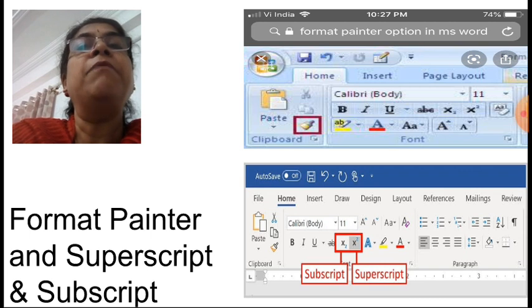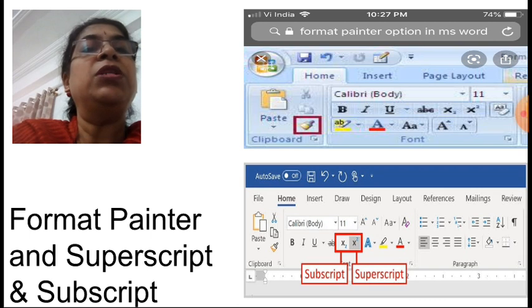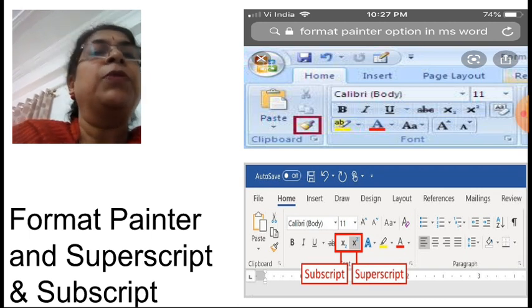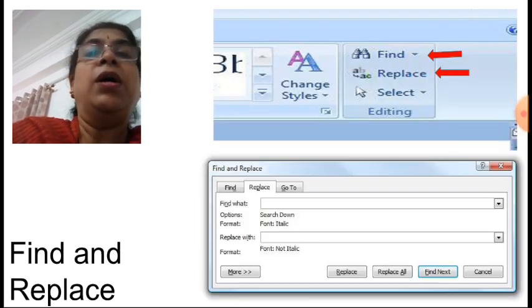This is the chemical name for water, that is H2O. That 2 is written a little bit below the alphabet H, so this is called subscript. This option is available again in the home tab font group. Okay, so all of us have learned how to apply that.